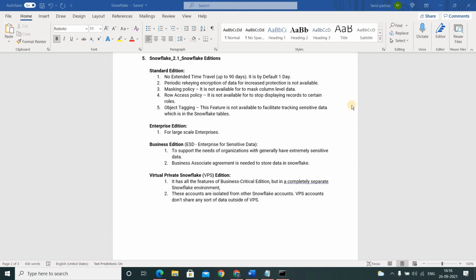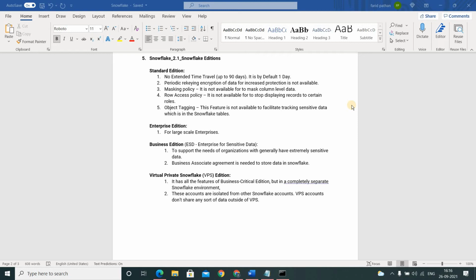In the case of Standard Edition, we can see just the 1 day ago snapshot of the table, whereas in Enterprise Edition we can see the snapshot of the last 90 days. That is called the time travel feature. We can go and see the snapshot of a particular time or particular date in the past.